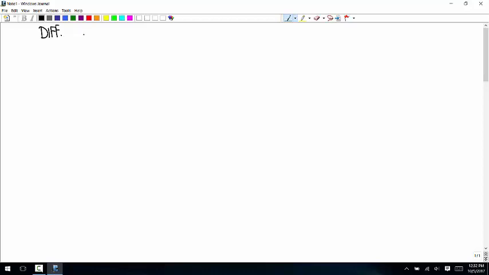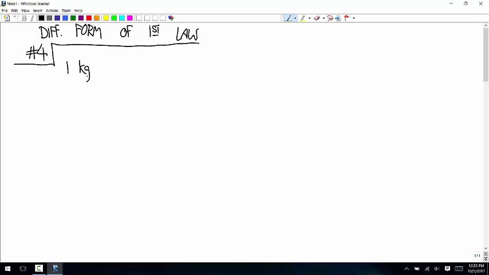So, differential form of the first law, number 4. I copied it out of the book and I copied it wrong, is the answer. So it says there's, I believe it said 1 kilogram of a refrigerant